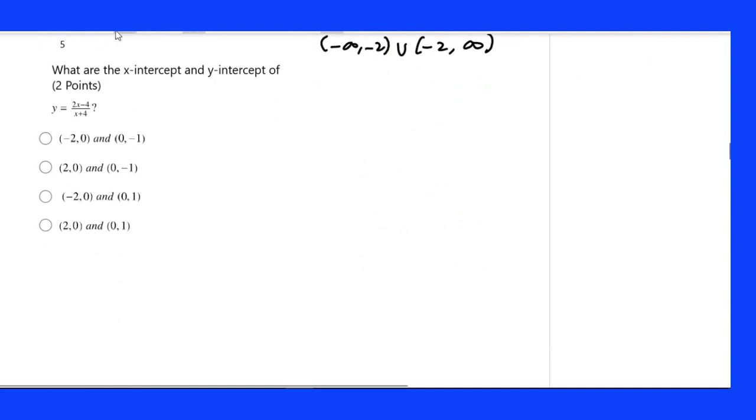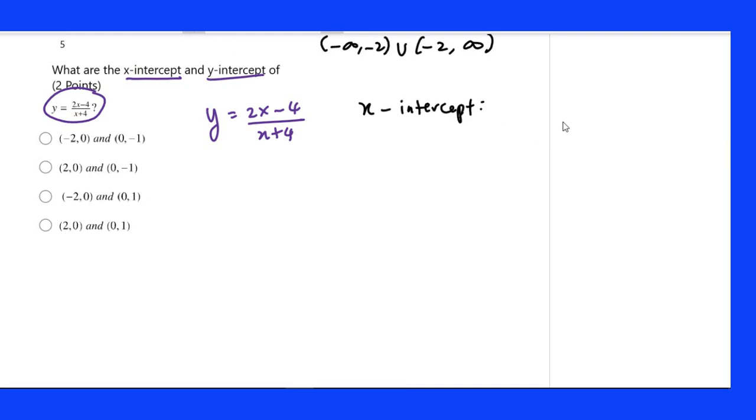Number 5. What are the x-intercept and y-intercept for this? Y equals 2x minus 4 over x plus 1. To find the x-intercept, okay, x-intercept,